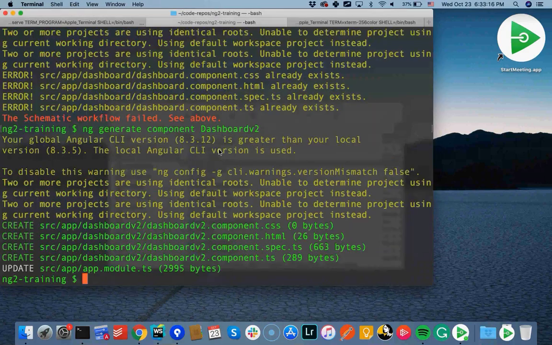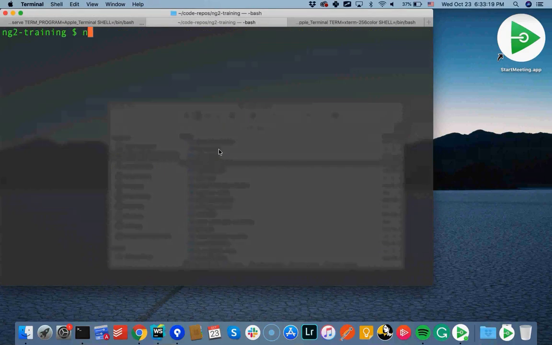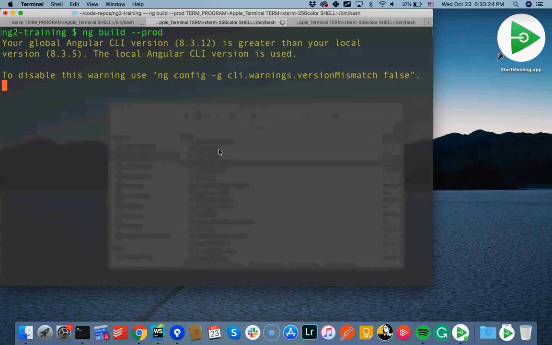Now, if I ask Angular to create the production version for it, I would do ng build --prod, and that single command is going to go through all of that code and compile it. It's going to minify it, obfuscate it, so rename all of the variables like A, B, C, D, E, so the names don't mean anything, so it's difficult for a hacker to understand what the app is doing. And it's also going to do something very specific to Angular called tree shaking. That tree shaking is just going to see what we are actually using in the app and keep that code and remove everything else.